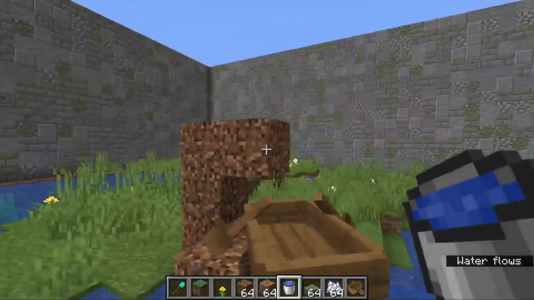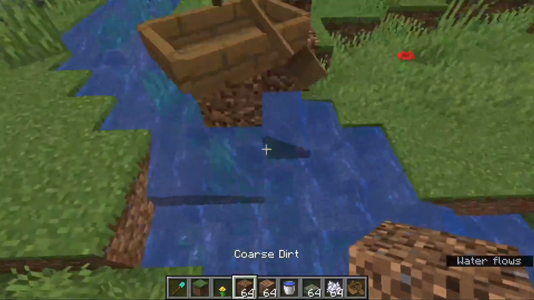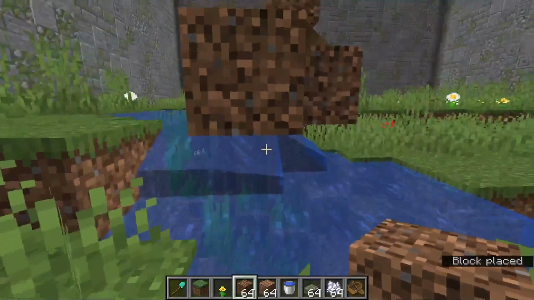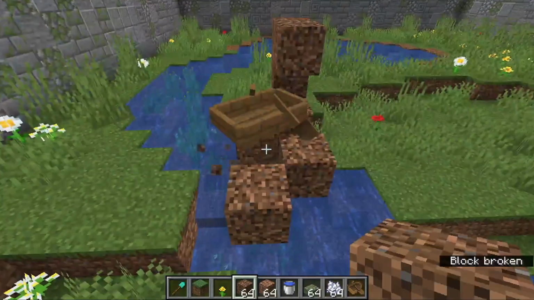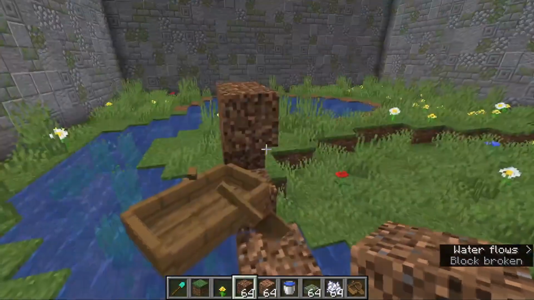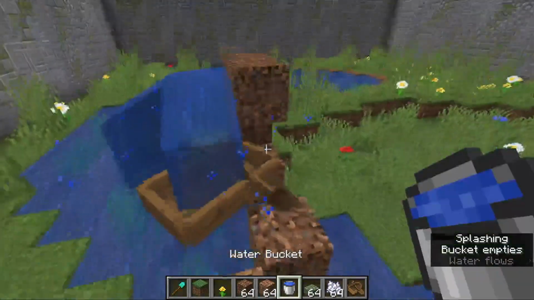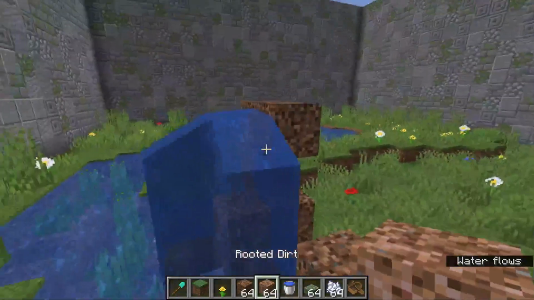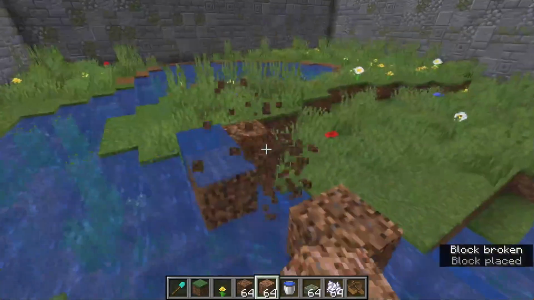You also want to, as you can see, the water is flowing and we don't want it to flow down, so something like that. And then you want to add the water on top of the boat, and as you can see, it will actually sink. Now we can just remove the water and all of the pillars,